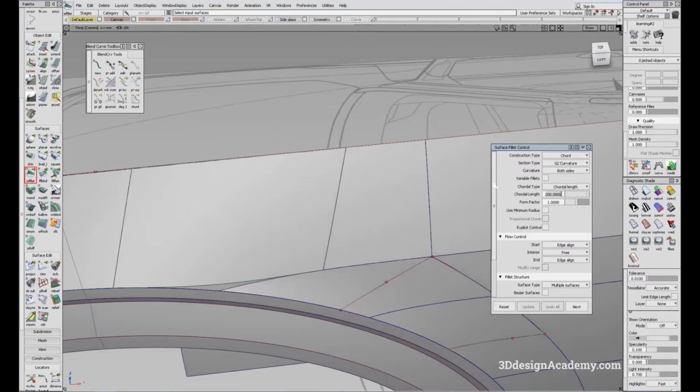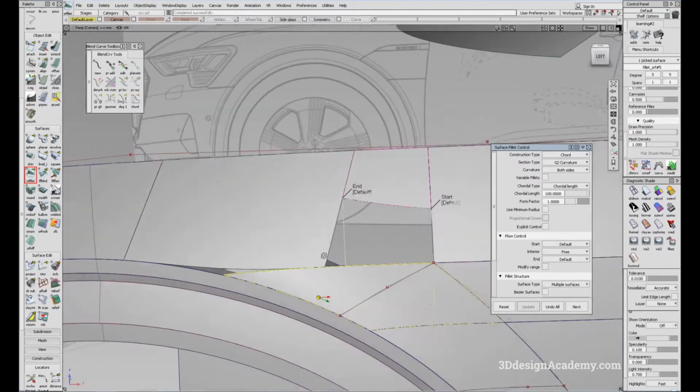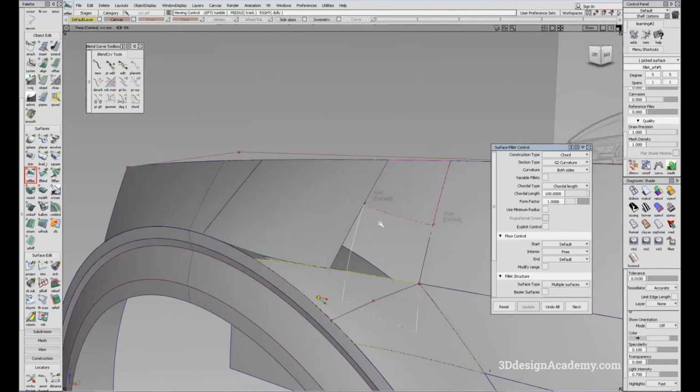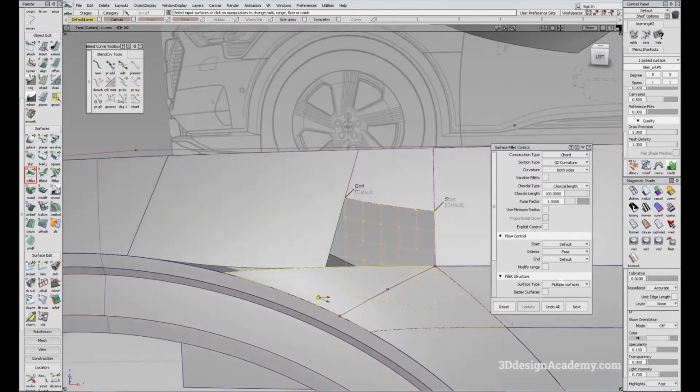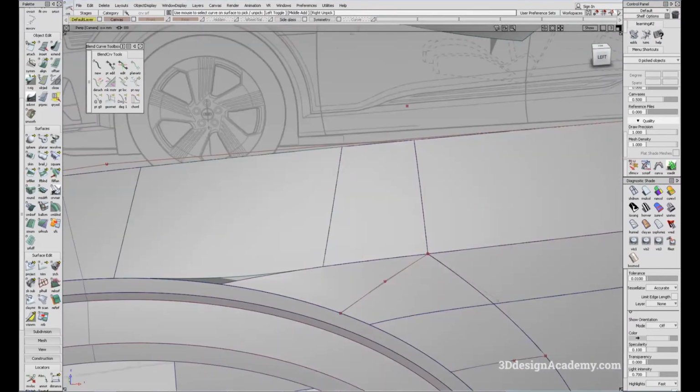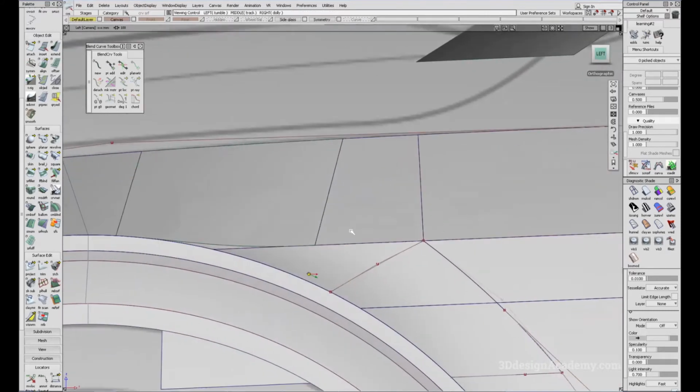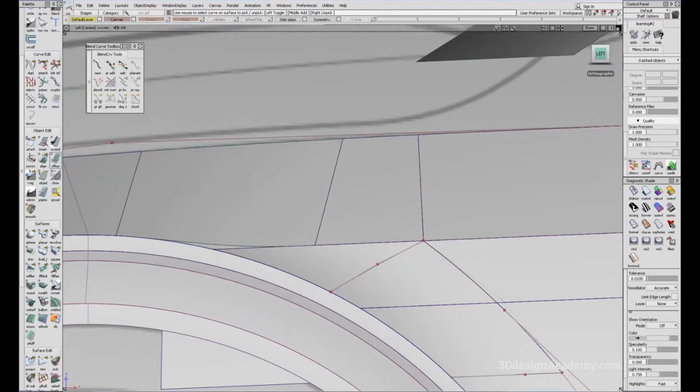Say chord, I'm gonna start with 100 and see how that looks. 100, I think I can go a little bit bigger. And I also don't like how it's climbing up. Yeah, I don't like that. So I think I'm gonna build it a bit manually. So what I'm gonna do is I'm just going to